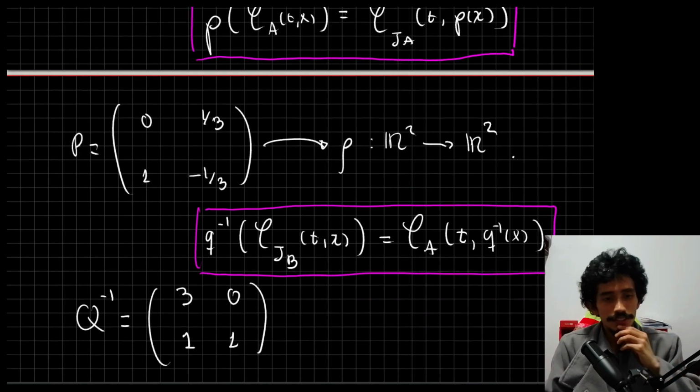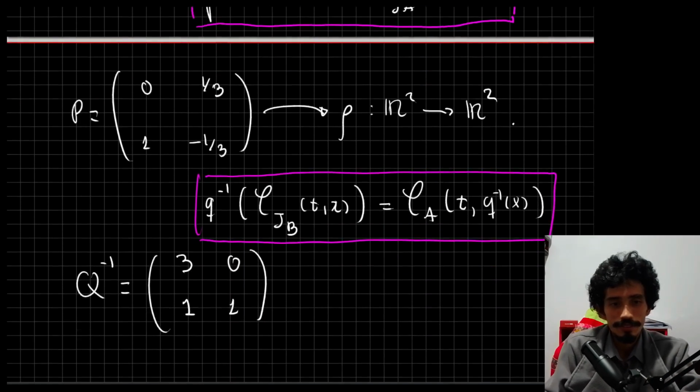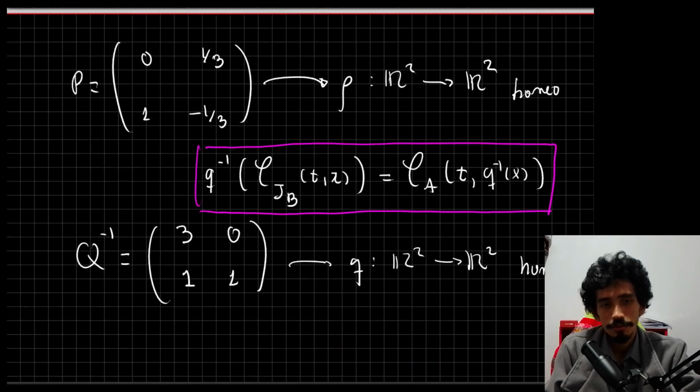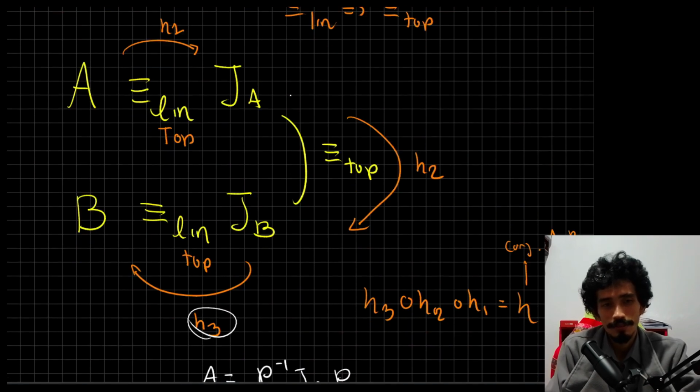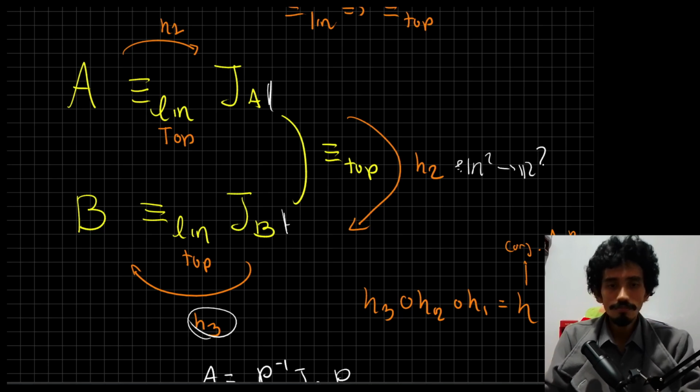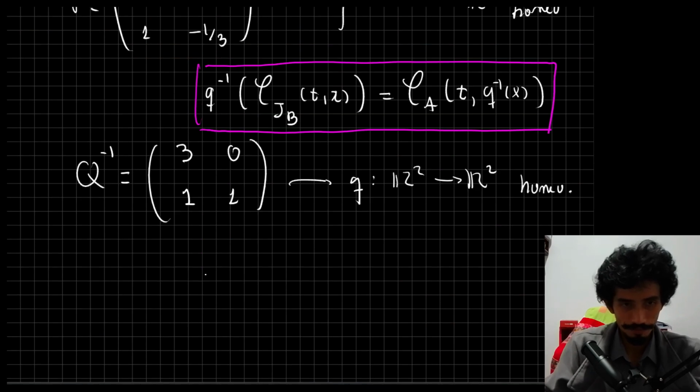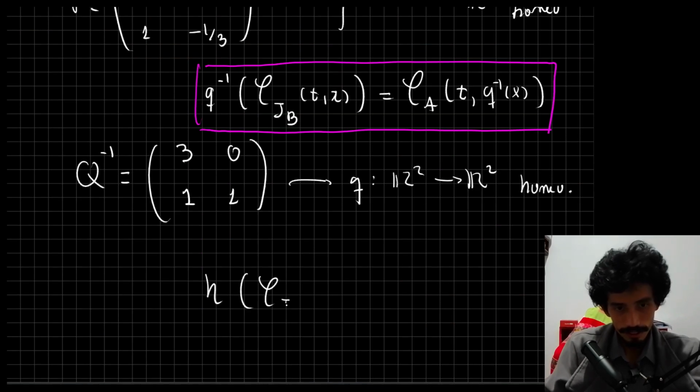All right. So now we have our homeomorphisms. This defines Q and the homeomorphism from here. And now the only thing that is left to do is to find some homeomorphism that goes from here to here. I mean, of course, H2 goes from R2 into R2. But that works in this way. I mean, we need to find some H such that